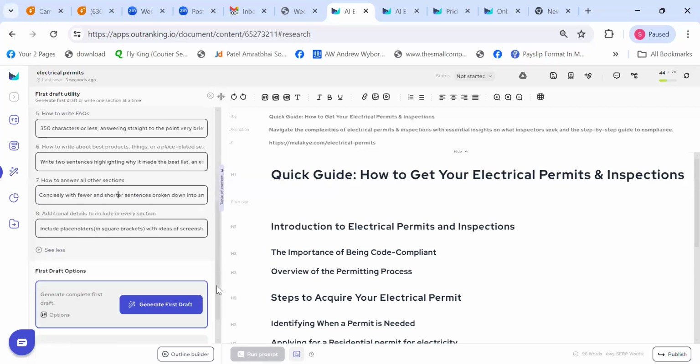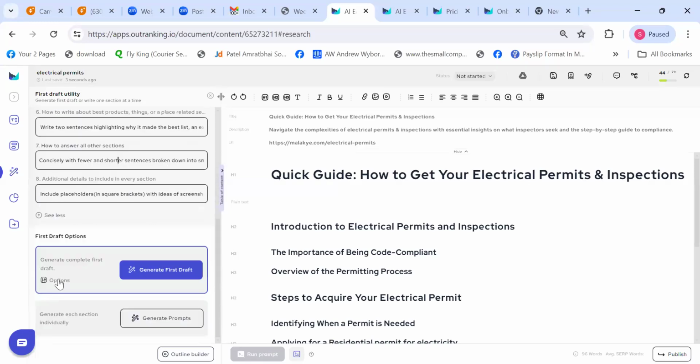Before you generate a first draft, click on options here and make sure there's a check mark on both options: generate optimized first draft and generate originality suggestions. If there is a check mark on the first one, it is going to generate an already optimized draft for you, which is at least 70% done. The second one, generate originality suggestions, is something I'll be talking about in my presentation, which is the next factor you should consider, which is most important.